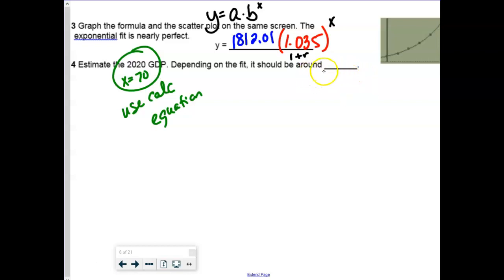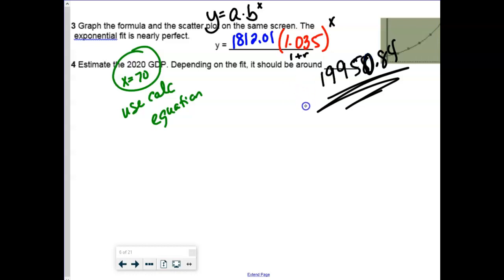All right. What value did you get, by the way? I don't know. I didn't write it down. 19 something. 1995850.84. Okay, and that would be a super exact answer from our model. Just fun fact: if you guys were to plug in 70 into this truncated model, you get a very different answer. Okay, so that's why we're really encouraging you guys, unless it states otherwise, to always use your calculator's non-truncated